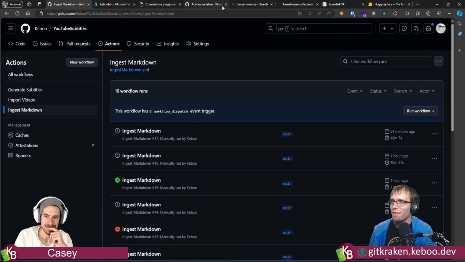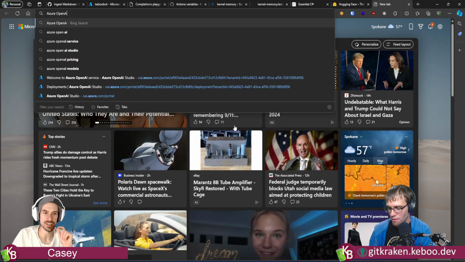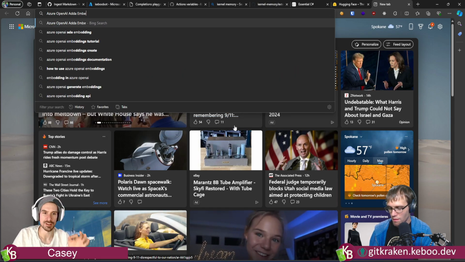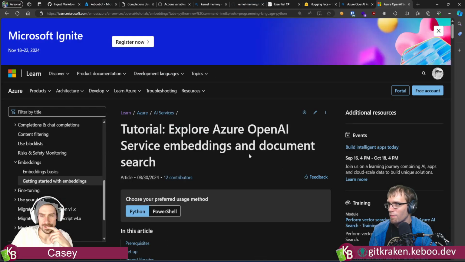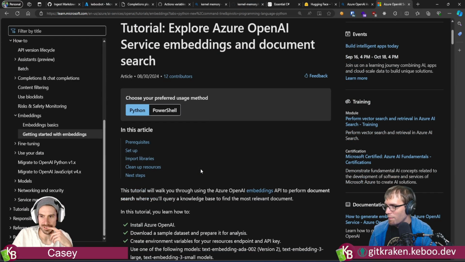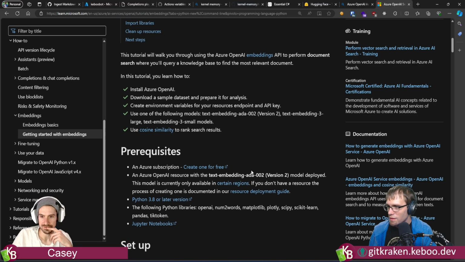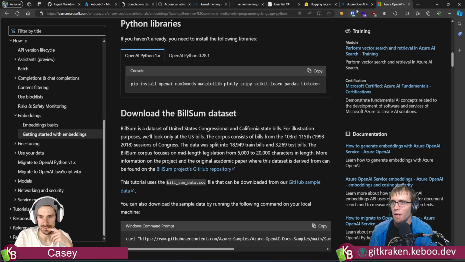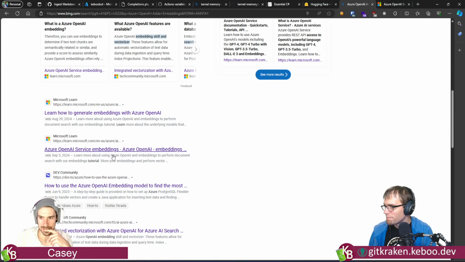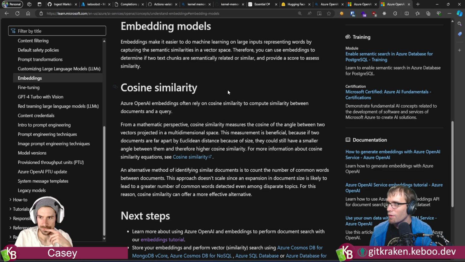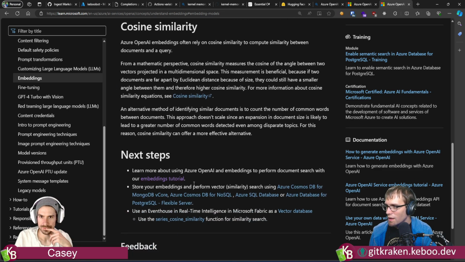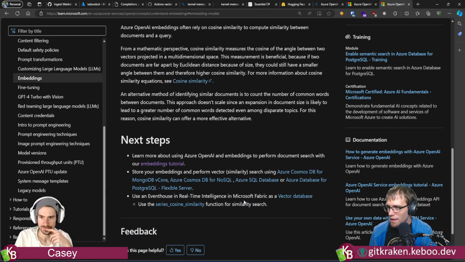But didn't we try that? Not the docs in here. The docs for Ada embeddings, the Azure OpenAI, because what we care about is the batch size that it can accept on the API. Probably not the tutorial, but maybe. Sometimes they have links out, but you are right. Embedding models. That's not useful.